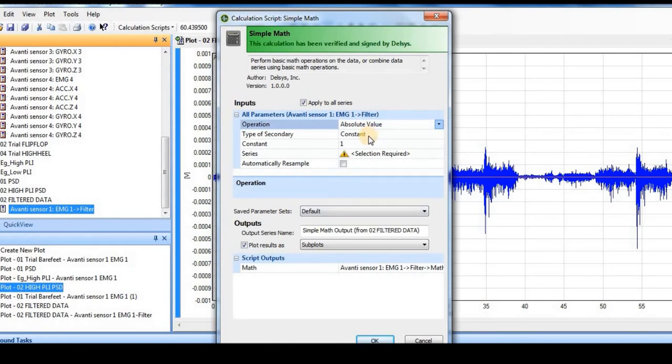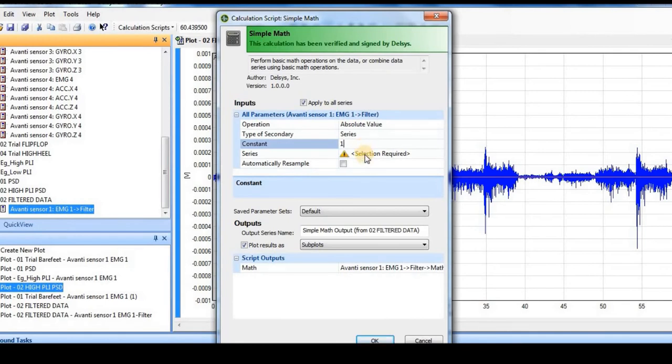I am not taking any constant value. My input is a data series, so I'm taking it as series. I'm not doing any operation in which a constant is required, like a multiplication factor or something like that, so I'm keeping the constant at 1. Otherwise, I would have set it to, let's say, 2 or 3 or 5 if I were multiplying the data series by some value, or doing some other mathematical operation.